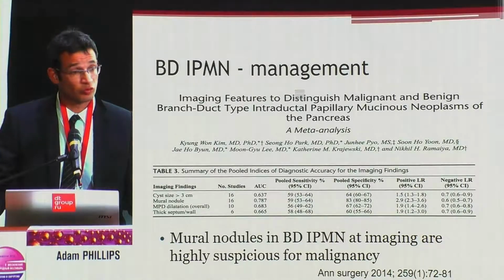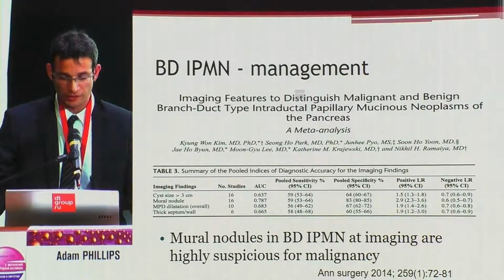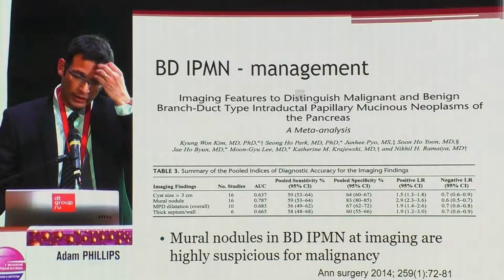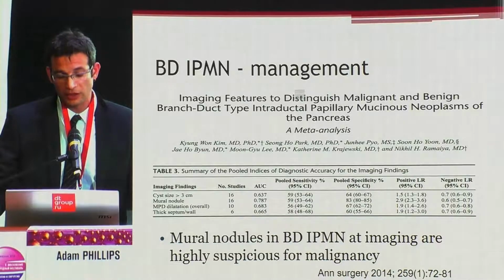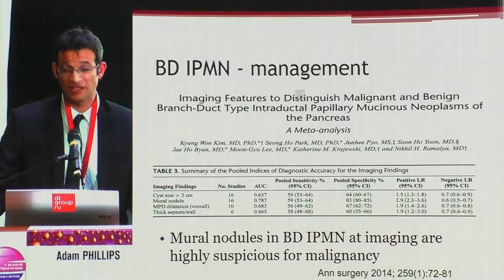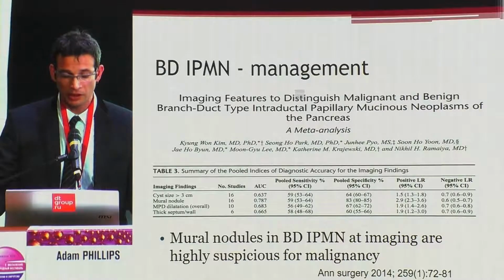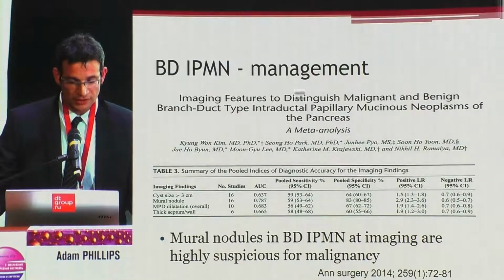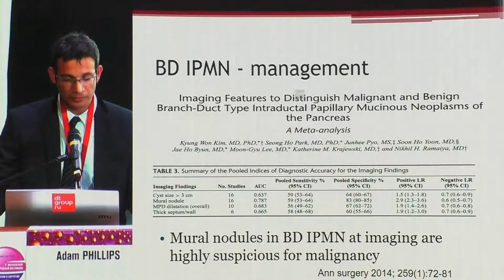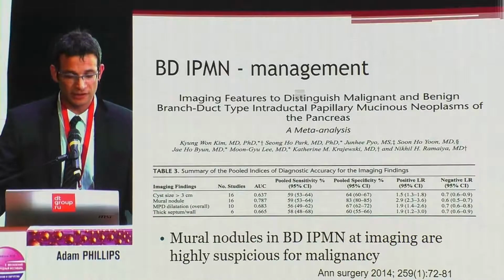What about radiology? How can it help us to manage these patients? When we go through the literature, we see that in imaging studies, the most suspicious finding for malignancy in branch duct IPMN is mural nodules. It's not the cyst size, it's not the dilation of the MPD. If the patient has a mural nodule inside the cyst, this patient